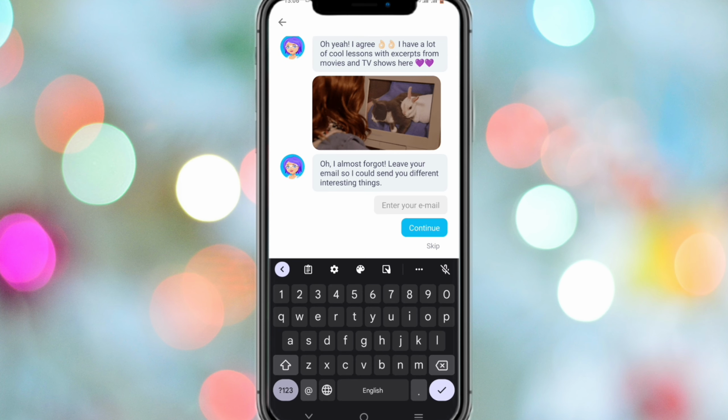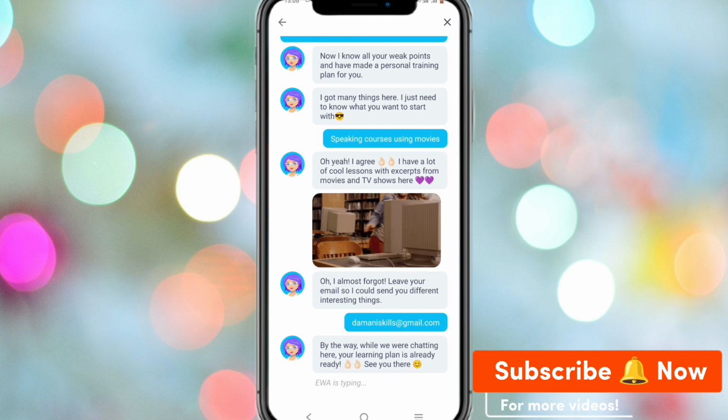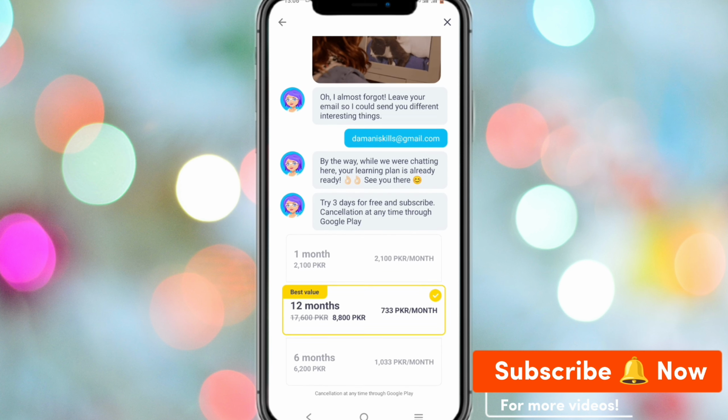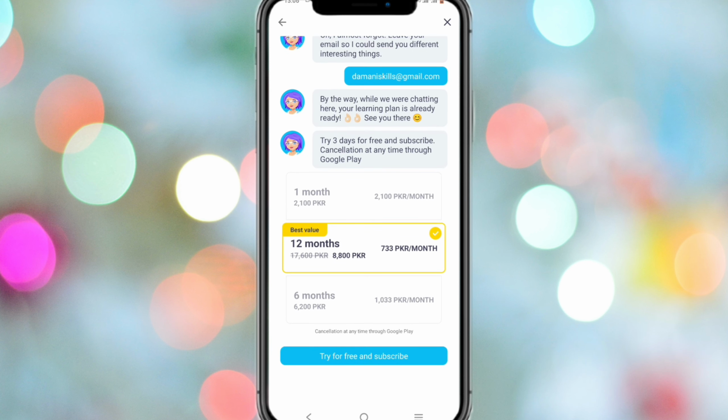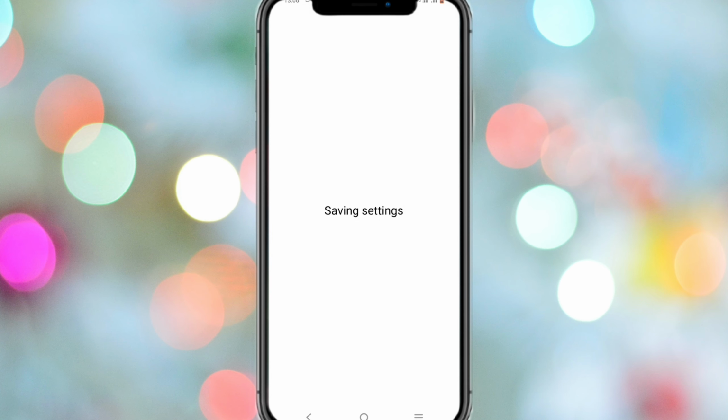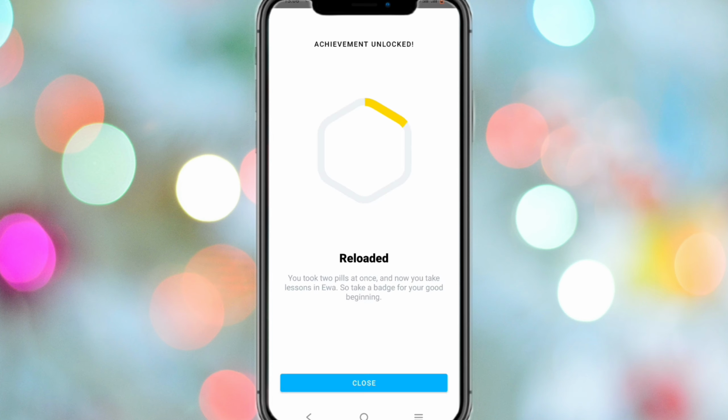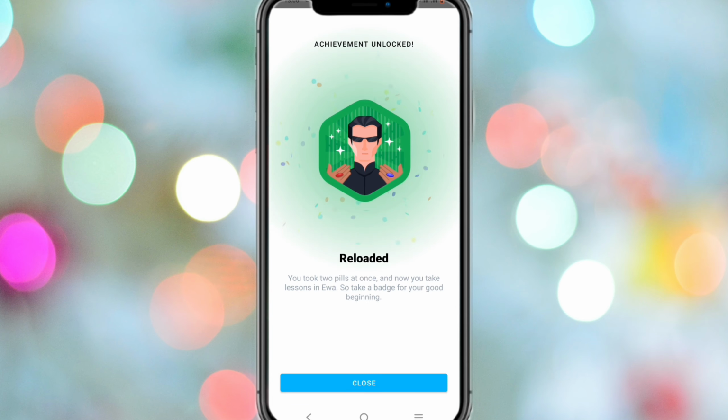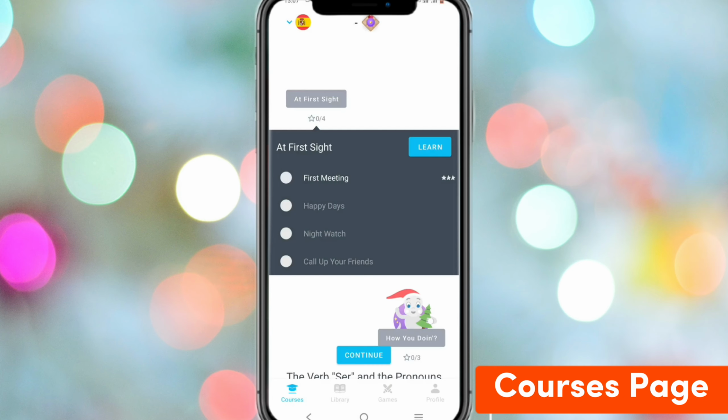to simply edit your email. I'm going to quickly edit my email. I edit my email. I'm going to continue this, and now if you have a plan, if you don't want this, you just simply close this plan, and automatically you're going to continue. Okay, you can close this one.